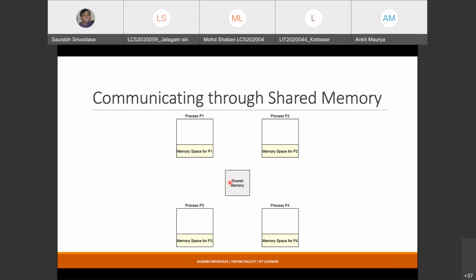It's like a public spot in a city. Whereas these memory spaces are like your home, right? No one can enter your home without your permission. But a shared memory is more like a public park. Anyone can go, anyone can sit, anyone can come back, whatever you want, right? So the only thing that is required